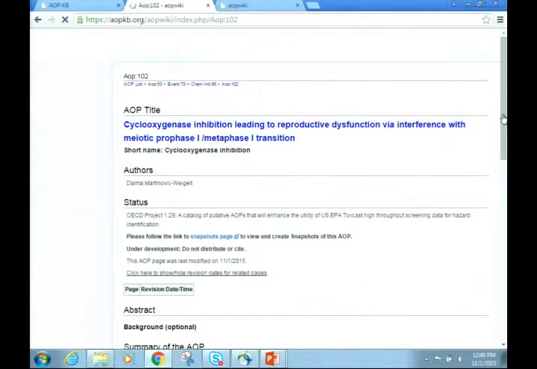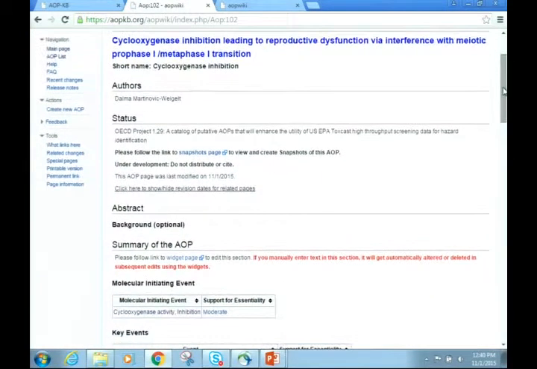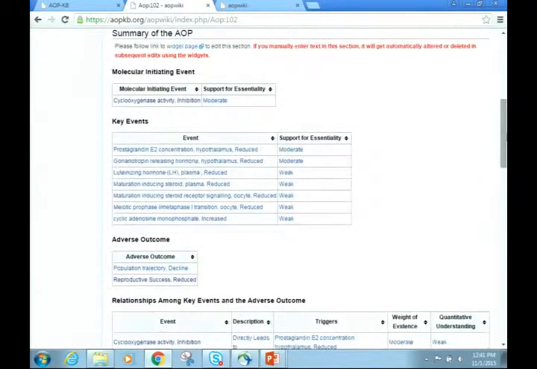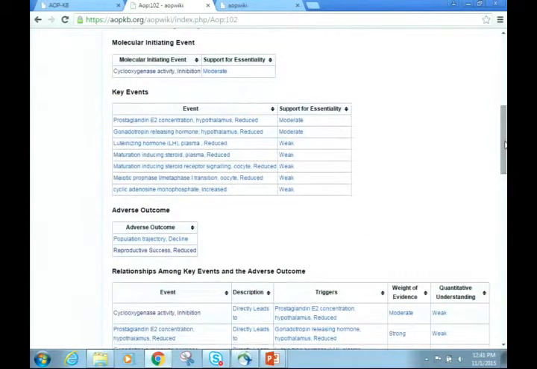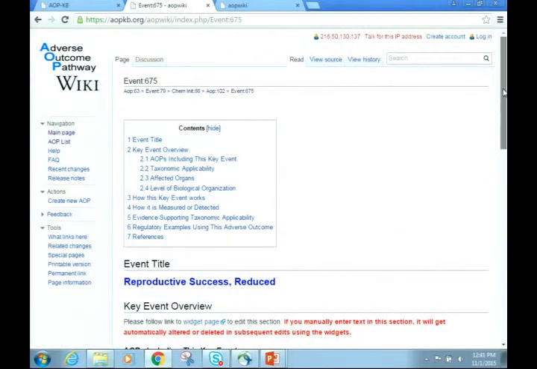And this just shows a difference. So again, even with the capabilities we have now, you can see how you could start one place, browse to another place, and find other related AOPs. So it's not as nice as it will be once we have the network view where it's got all of the attached AOPs there for you. But even now, there's some indication of the overlap among these things. And so here again, we see there's a different set of key events, but we do have some that are in common. If we take a look at an adverse outcome, just to see what those look like, we can see that, in fact, this adverse outcome is the case for most of the